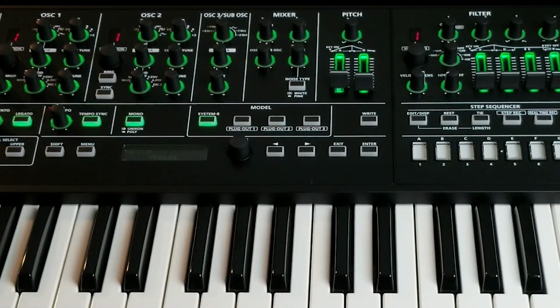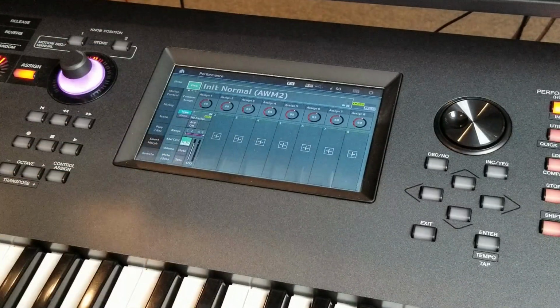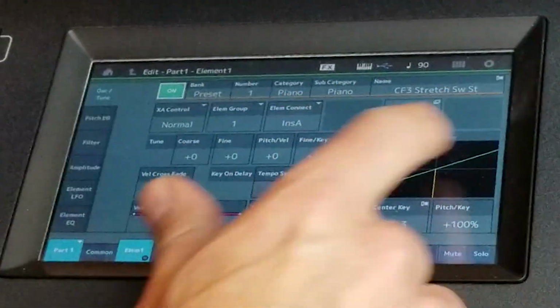Well, that's the System-8. I said I was going to do 3 synths. I've done 4 now, and I wasn't going to do the montage because it's kind of complex. But you know what? Let's just do what we can and see if we can come up with something really quick and dirty. So element 1, we want